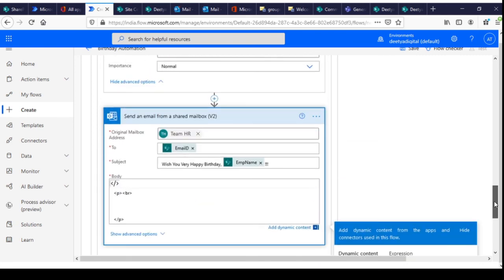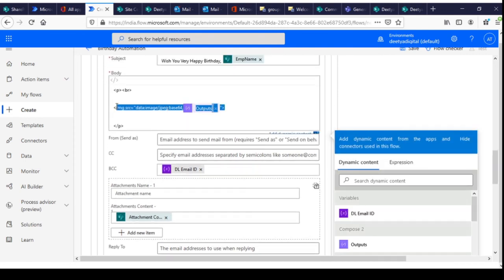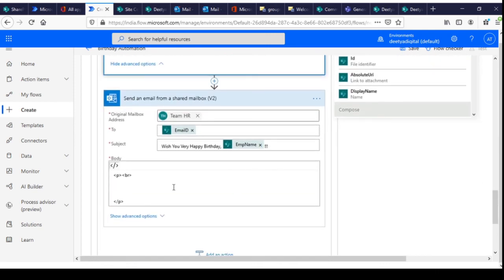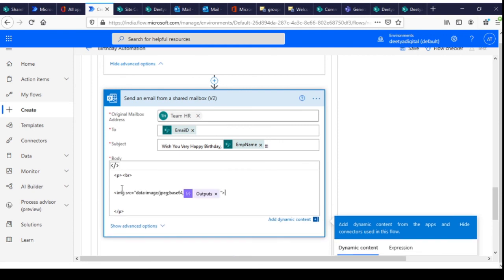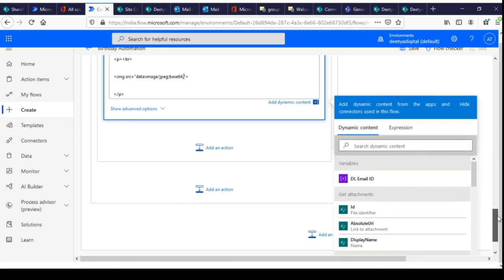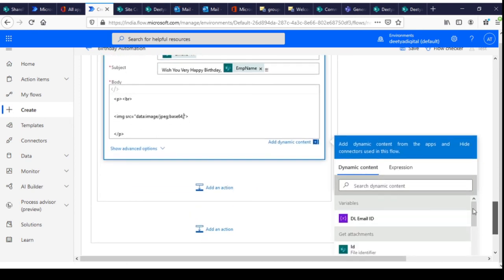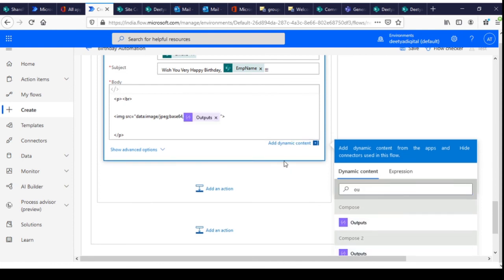I converted into the HTML code view. I'll just copy this. I'll just remove this output and again put that output, output compose 2.